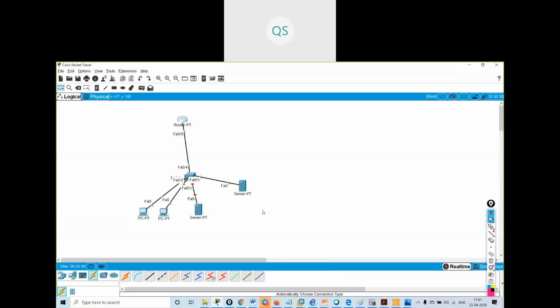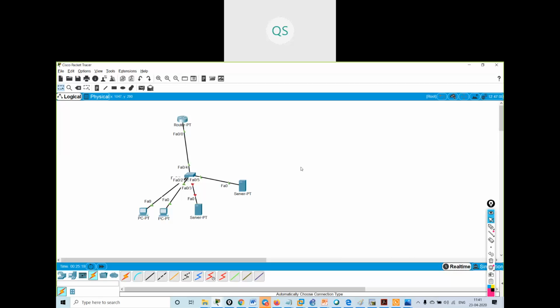So I can use AAA authentication if I'm having multiple devices and I don't want each device to have its own database. I don't want each device to store its user authentication in its own database. I want it to store it in the external server. Got it? So this is the option that I can do.